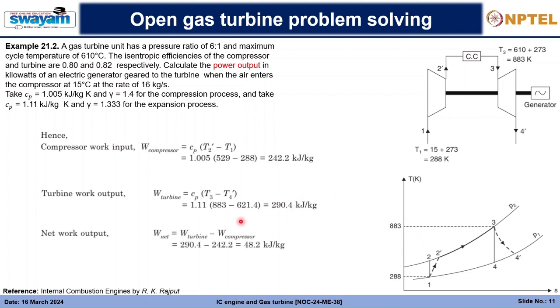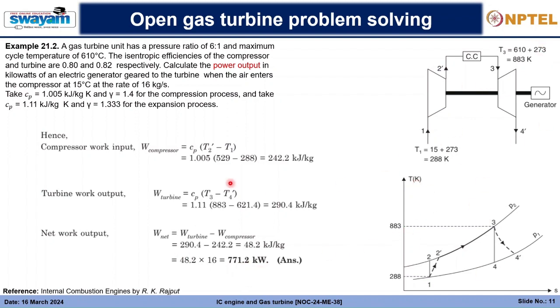So next we have the net work output as work of turbine minus work of compressor, that is 48.2 kilojoule per kg. We can convert that into kilowatts by multiplying with the rate of airflow, that is 16 kg per second. We simply multiply with 16 and we get 771.2 kilowatt as the net work output